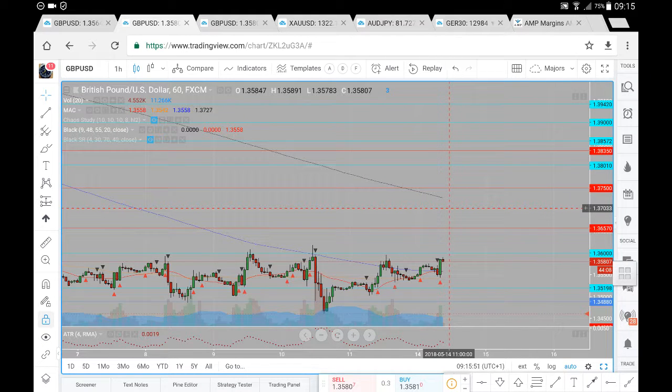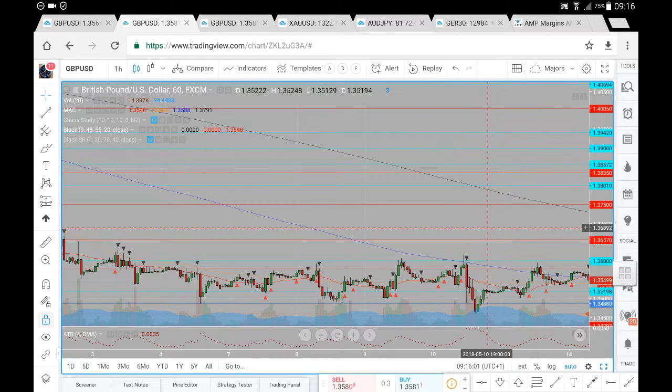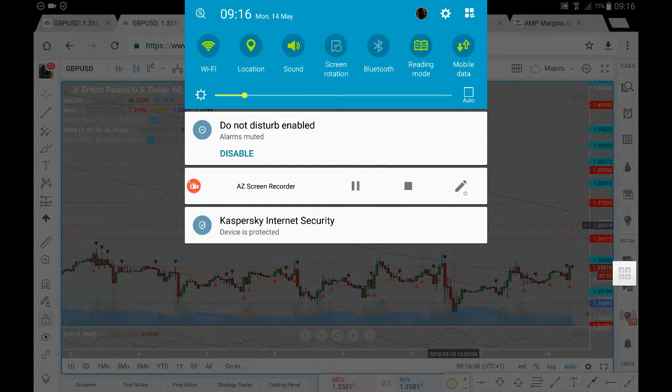So this is pound dollar analysis for Monday the 14th of May. Now let's just have a look at the prices and where prices may likely go. So as we can see here on the pound against the dollar, over the past couple of trading periods, we